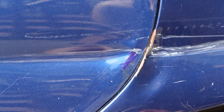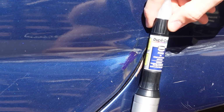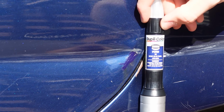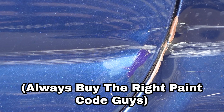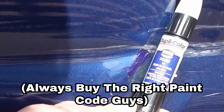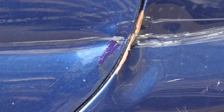That looks the same. That looks literally the exact same. I didn't change anything. No, it's not. That's not even that close. It looks like it matches. Oh my god, dude. Yeah, I'm watching this now. Well, it somehow looks even more purple